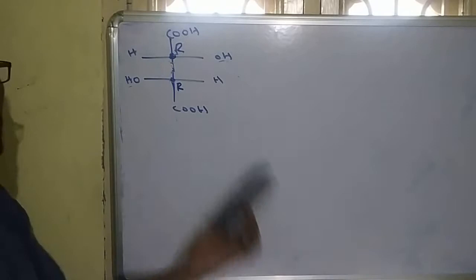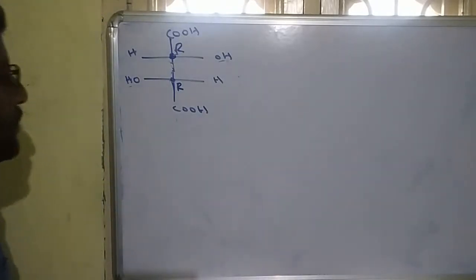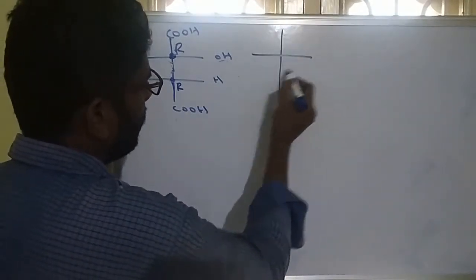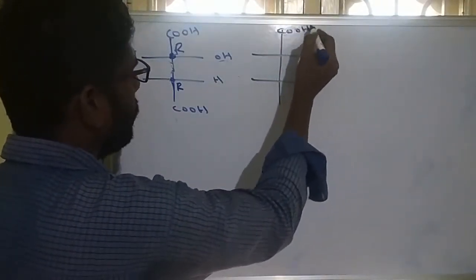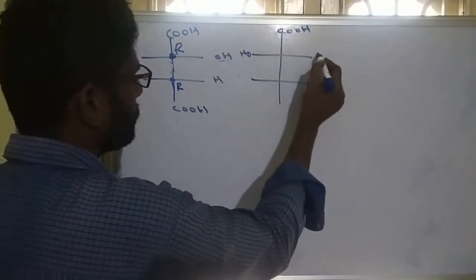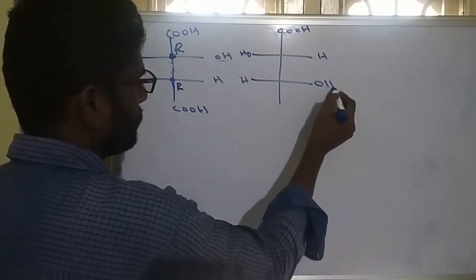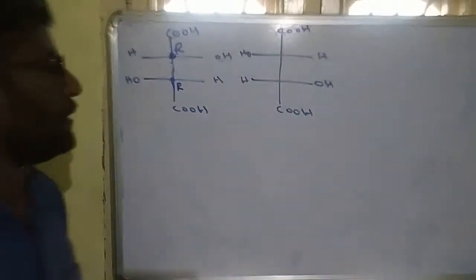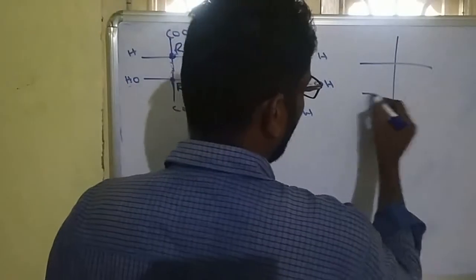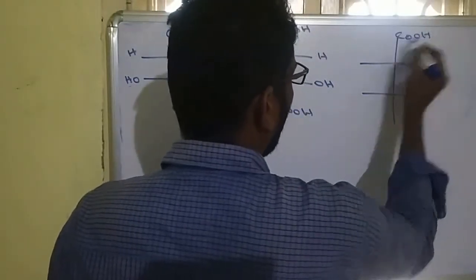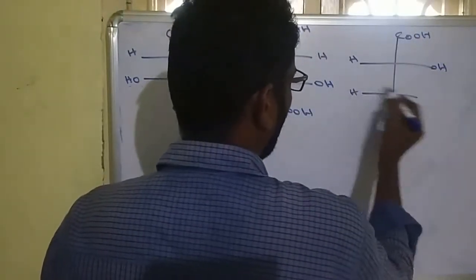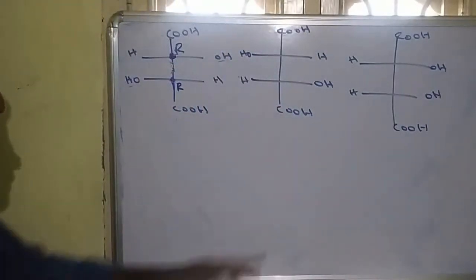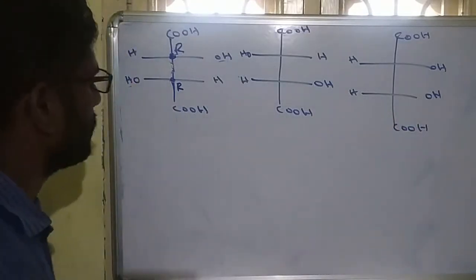So like that, any molecule that is given, we can calculate. So this is the R isomer. Another example I am giving, which you can practice as homework. Try this molecule in the homework. Another molecule I am giving: OH, H, OH, H, OH on both sides. Try this molecule also. So practice these two.